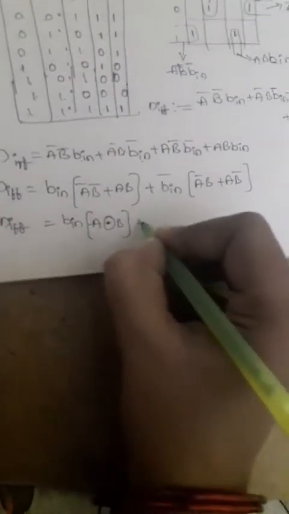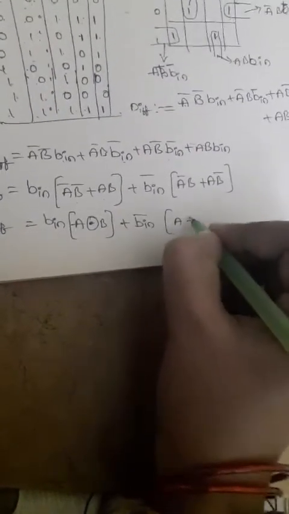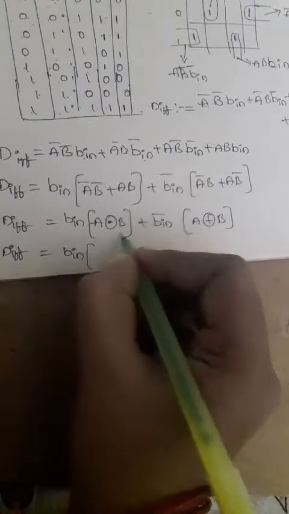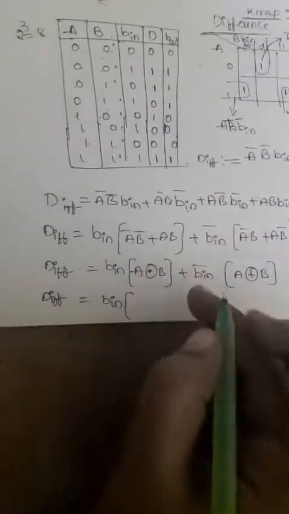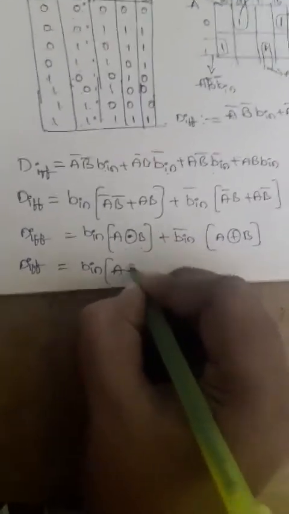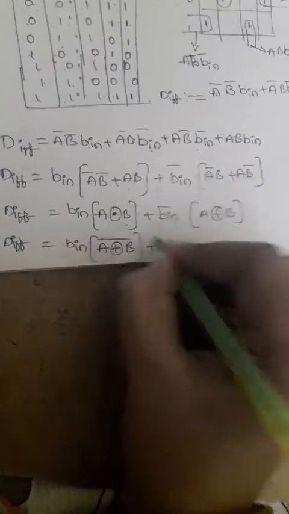Okay, so now again reduce this equation. So it looks like the function becomes XNOR gate actually. So A XNOR B, plus B input complement. A complement B plus A B complement is nothing but XOR gate actually. So then you can write it as XOR. So then difference is equals to B borrow input, XNOR. How to write it? Not plus XOR, right? So then I can write it as XOR complement. This is equal to XNOR plus B in complement, again this is as it is.